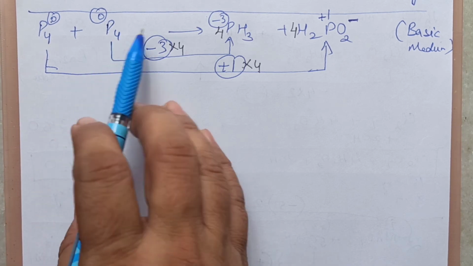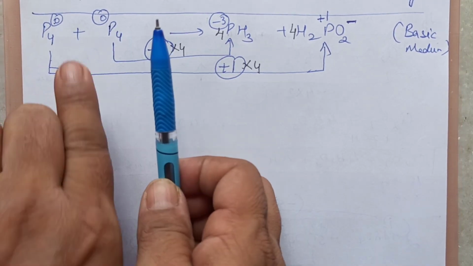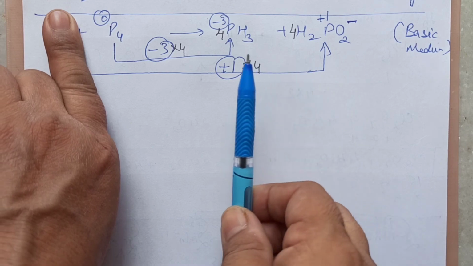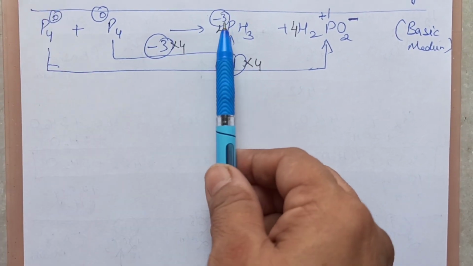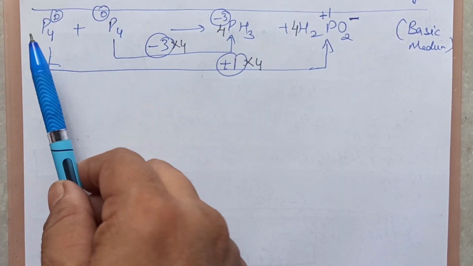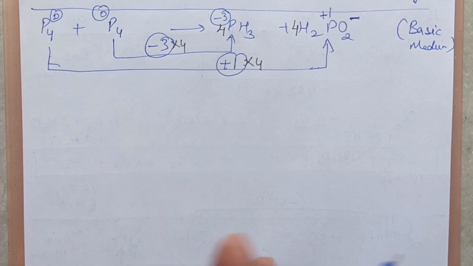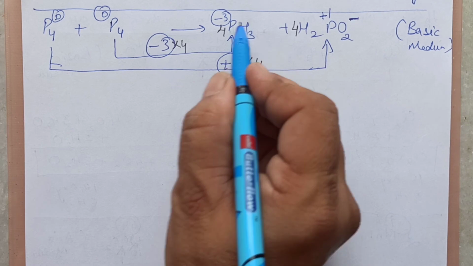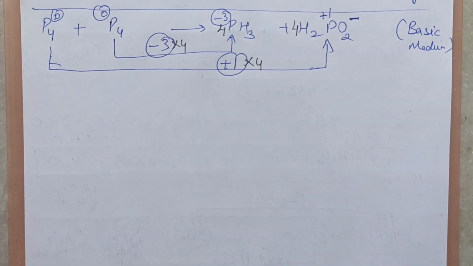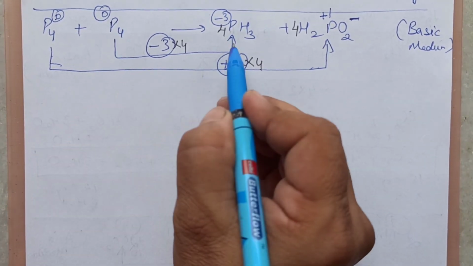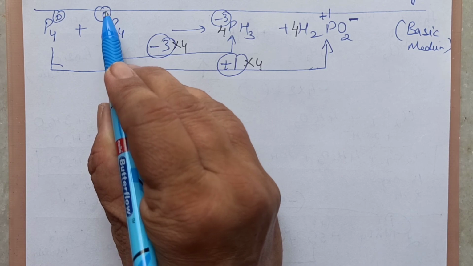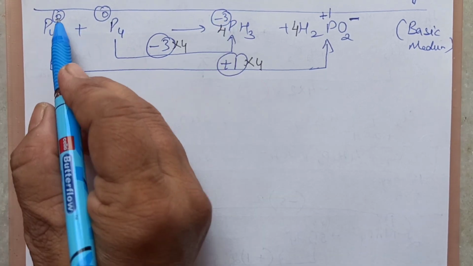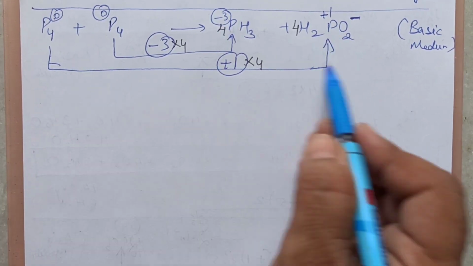I have written the oxidation states. Equation will be given to you as such, P4 forming this. But since the same element is undergoing reduction and oxidation, we will write down the P4 twice on the left hand side, indicating in one P4 it is decreasing, in the another one it is increasing. So I wrote decreasing by 3 because it is becoming from 0 to minus 3. From 0 it is becoming 1, means it is increasing.